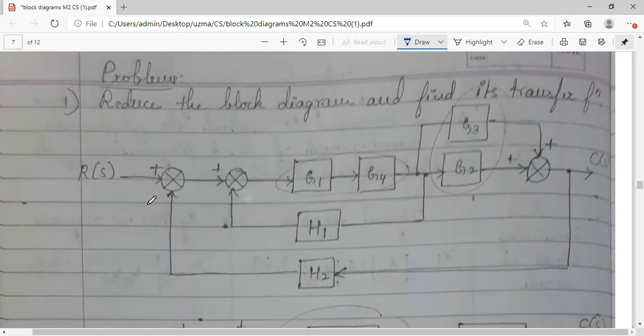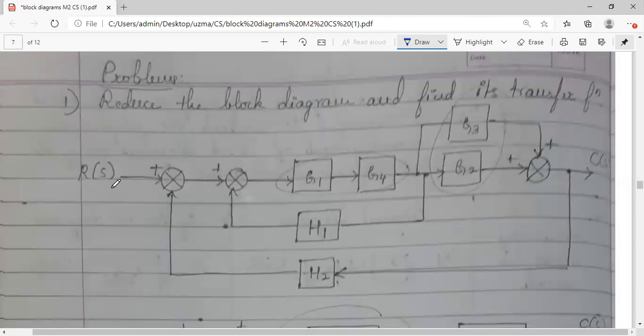So instead of doing one problem 2 times, what we can do, let us complete the theoretical part of block diagram and signal flow graph together. Then while taking the problems, let us solve both together. Okay, it will reduce our time also. So this one example I have taken just as a sample to show you how we can reduce the block. It is a very simple kind of problem. Not many rules are applicable.